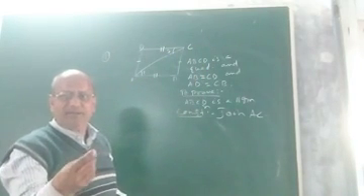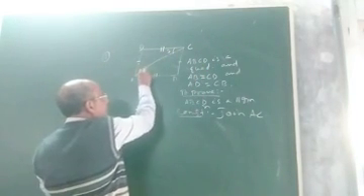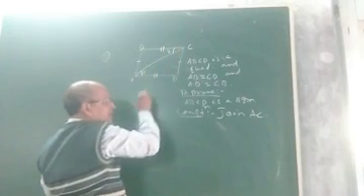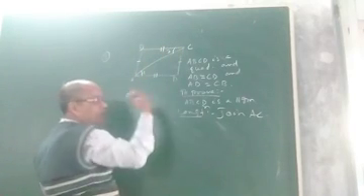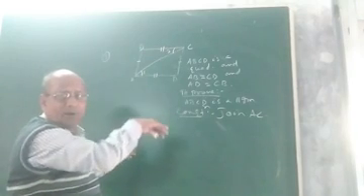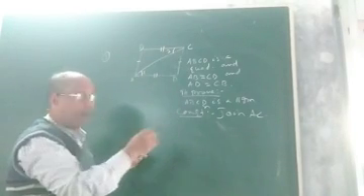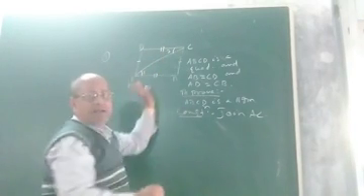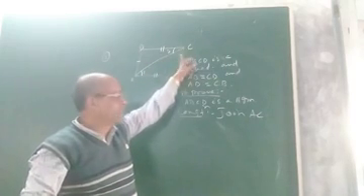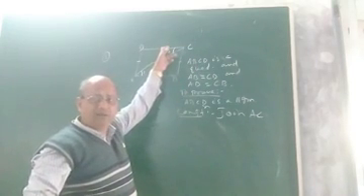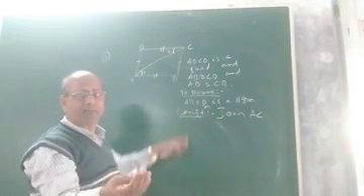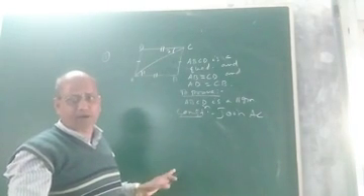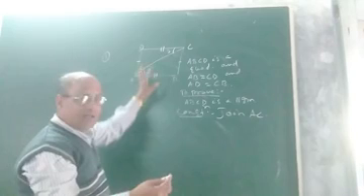So what I mean to say, children, in this particular case, we have to show first that angle 1 equals angle 2. If angle 1 and 2 can be shown equal, as they form a pair of alternate interior angles, then AB will be parallel to DC. And if AB is parallel to DC, it is already given AB equals DC. So one pair of opposite sides is equal and parallel, and hence this quadrilateral will become a parallelogram. Okay, so that is the analysis.